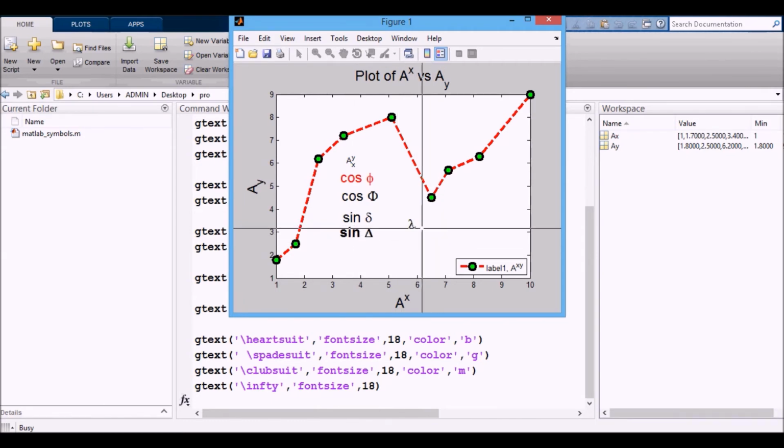So this is lower lambda, and this is upper lambda, and then you have real numbers, you have arrows, you have some symbols, you can use symbols, and infinity. So like this we can use in a plot. And not only that, we can also use outside of the figure, this side also we can use.